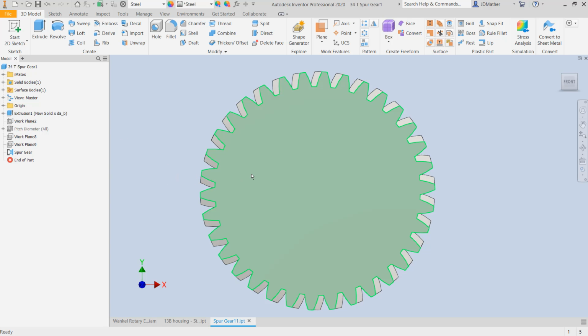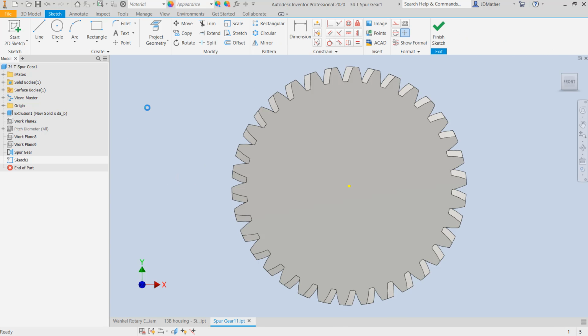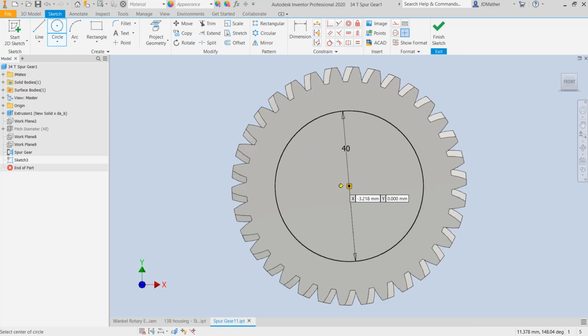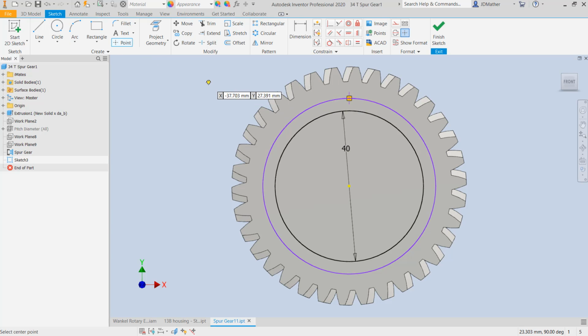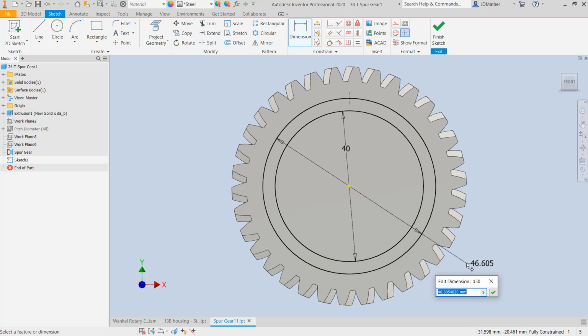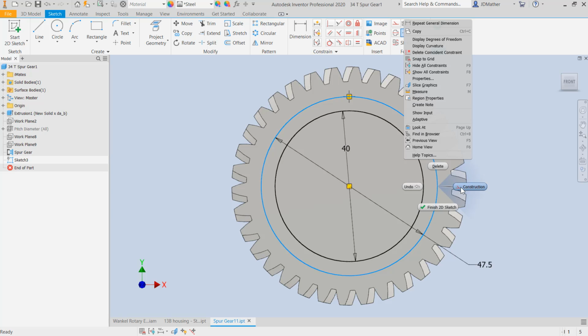I'll start a new sketch on this face, and then I'm going to draw a circle at the origin, and I'm going to make that circle a diameter of 40. Then I'm going to draw a second circle at the origin, and I'm going to put a point at the 12 o'clock position on that circle, and I need to make sure I put a vertical constraint between this point and the origin. I will dimension this second circle a diameter of 47.5,